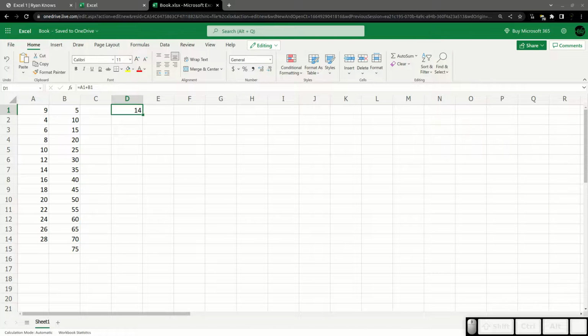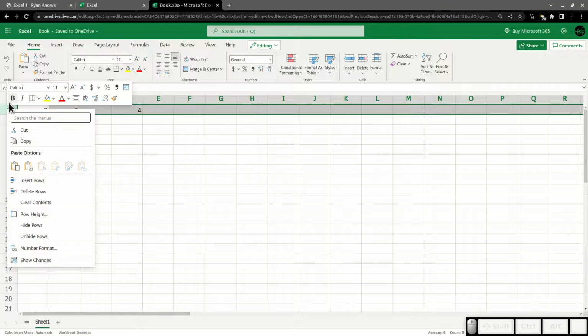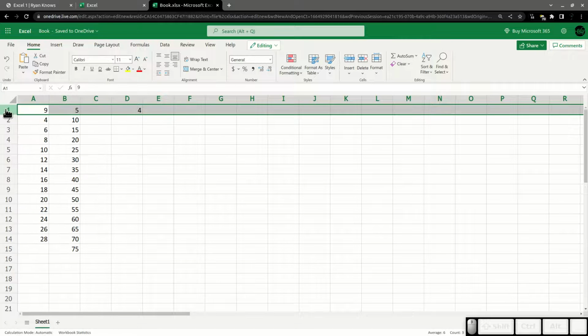Oh, that's right. So let me double click in there. And so I did this with addition, but we could do it with subtraction. Just do a dash. Actually, here's what I'm gonna do. I'm gonna make a little table here showing all of these. So I want a header row. So what I'm gonna do is I'm going over here on the edge of the row, right on the number 1.